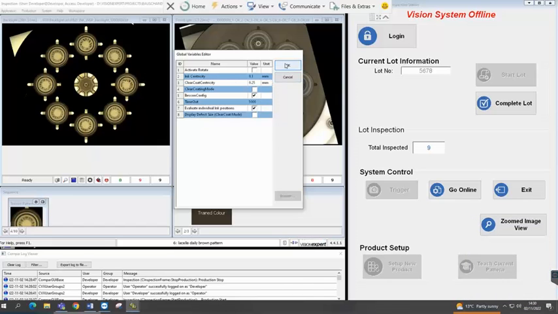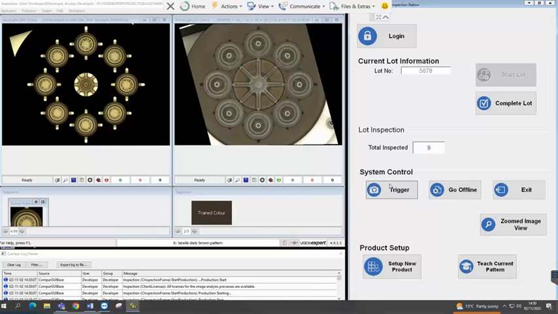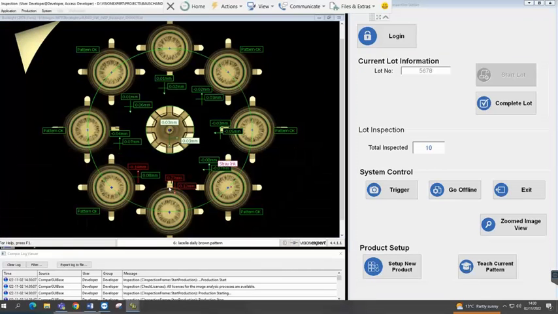So let's try that. Okay, go back online, trigger. You can see the results here. So these measurements are greater than 0.1, so they've been measured as a fail. Everything else is perfectly centered, less than 0.1. So if we want to edit this, we'll go